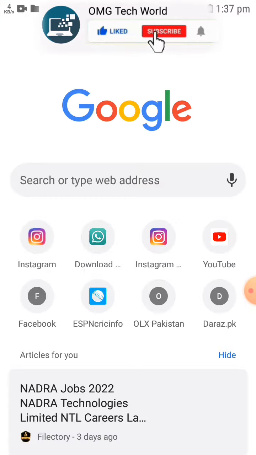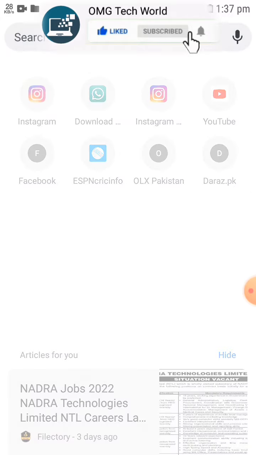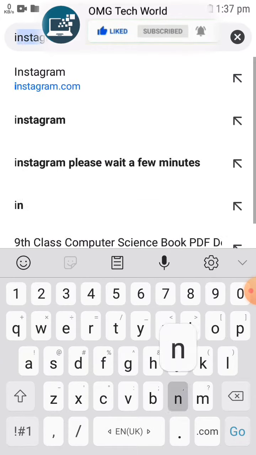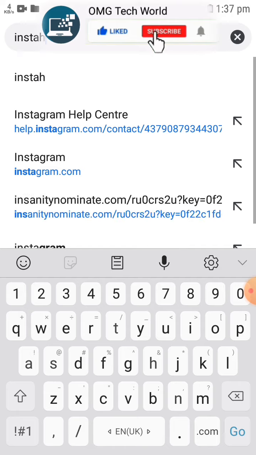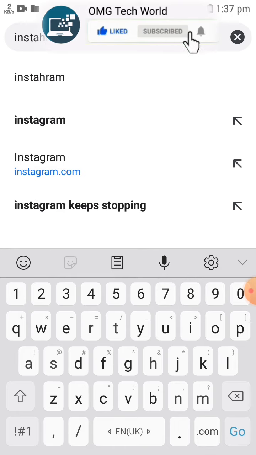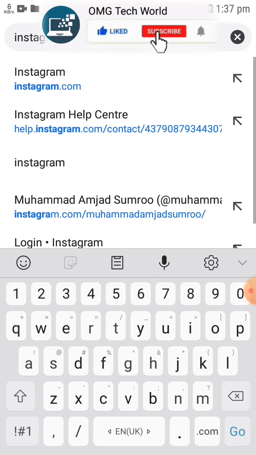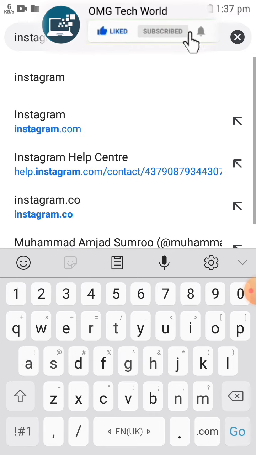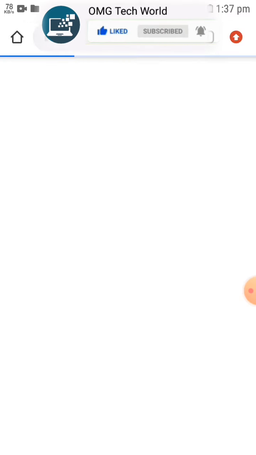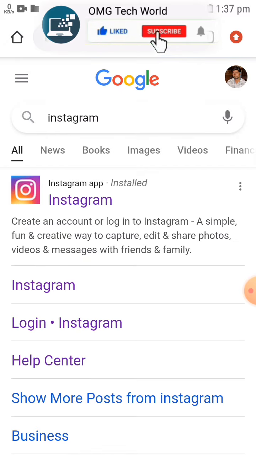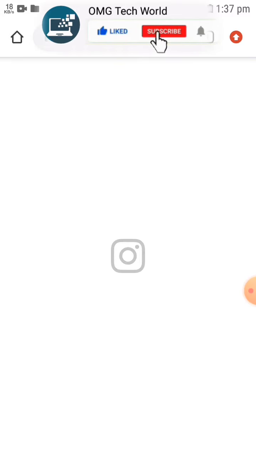For this, first of all, you have to open a browser on your Android, which may be Chrome, where you have to search for Instagram. After you have searched for Instagram, you can look for Instagram login in the search results. As you can see in the video, if you click on login Instagram, then you will find your Instagram account here,